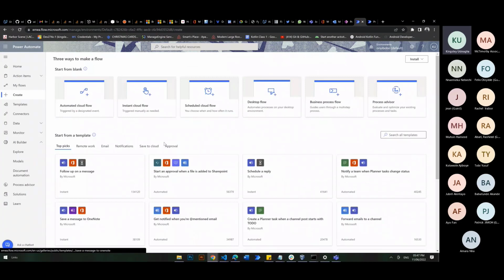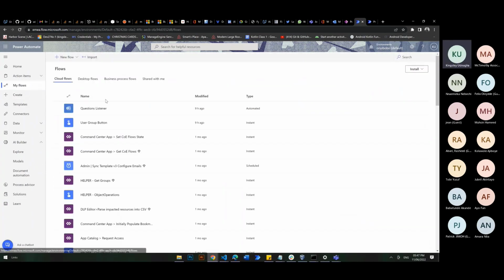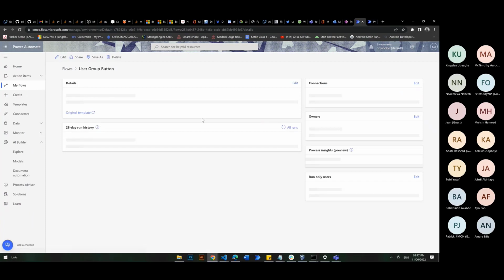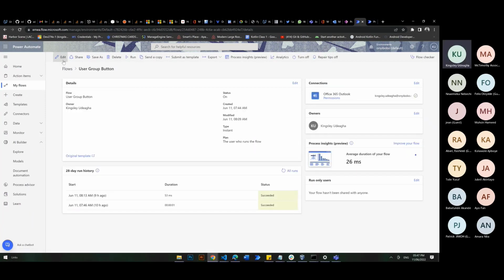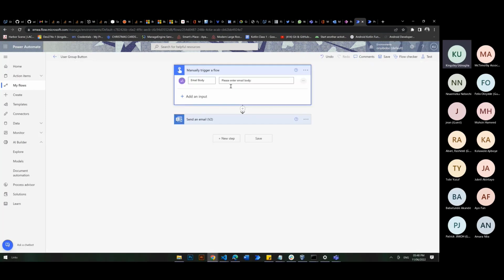Let's run another example. I'm just trying to think about the exact scenario that would be nice. Oh yes, I created this for this particular class, but I don't think we had enough people at the start, so I couldn't run it. So what this flow does is